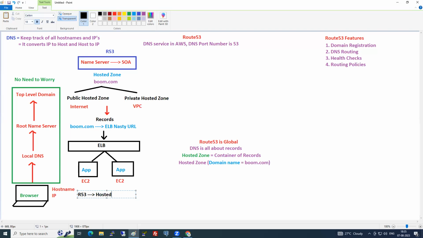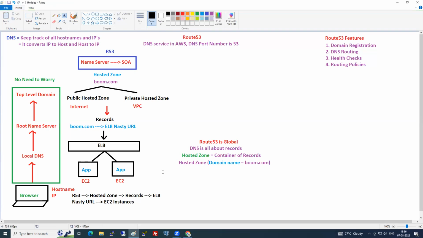Then it goes to the record. And the record says it is sending to the load balancer, the ELB nasty URL. From the ELB nasty URL, it goes to the EC2 instances. So this is how your request will move from one place to another. Everyone clear, Nana? Is it clear online?